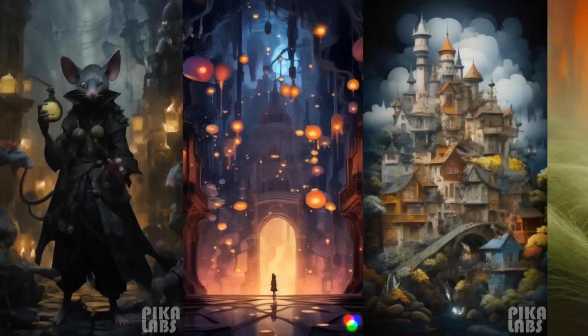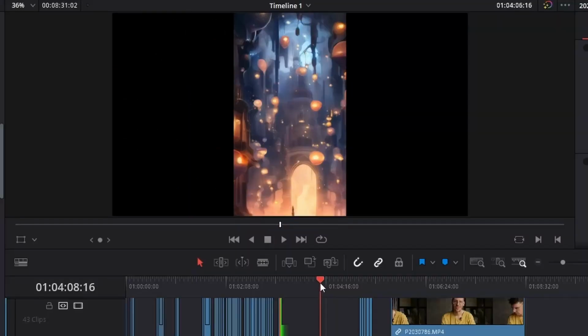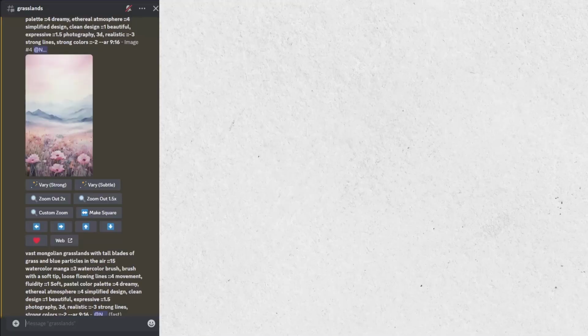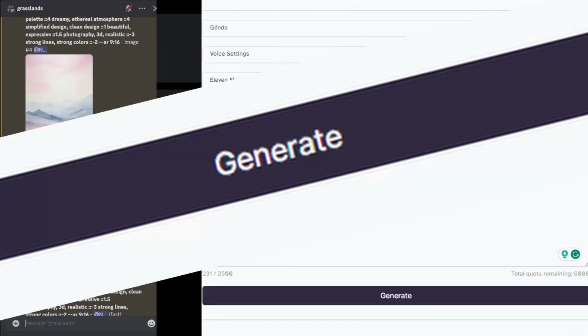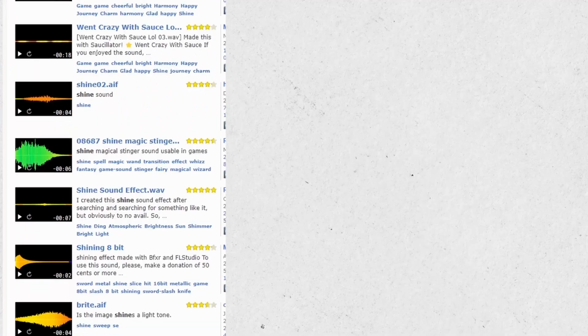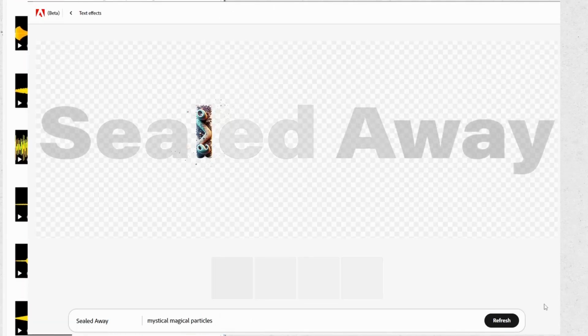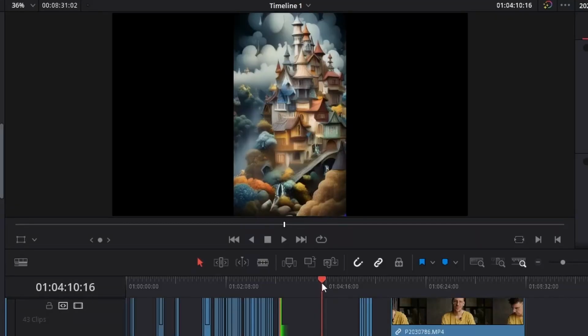It's been 3 hours since I started this project. All that is left is generate the rest of the shots, animate them, add voiceover, add sound effects, edit it all together. I better get started. Generate the images, put them into video generator, copy the narration into 11 Labs, press buttons a couple of times, download sound effects, create a good looking title in Adobe Firefly, edit everything together and press the final button.